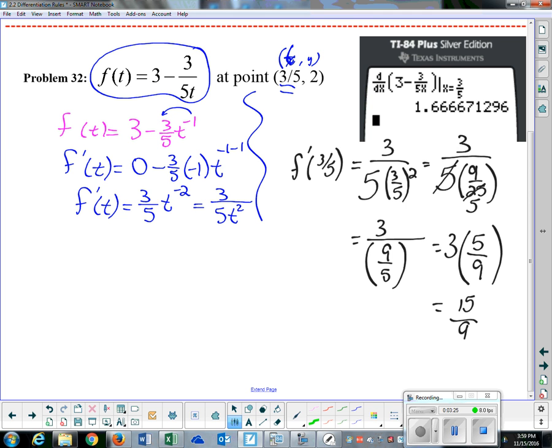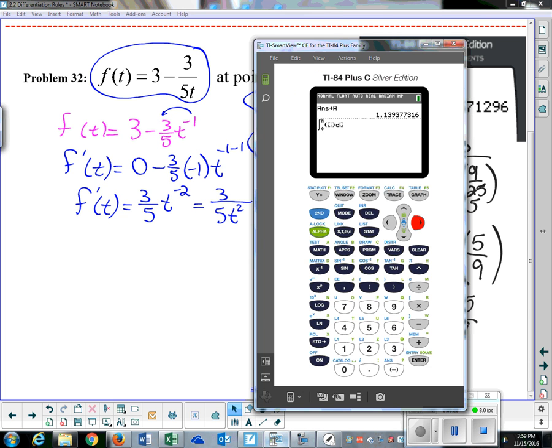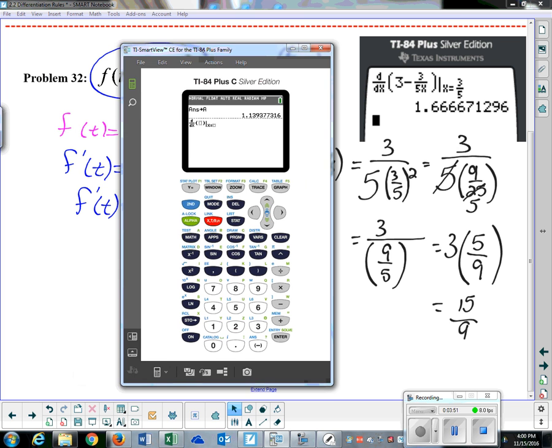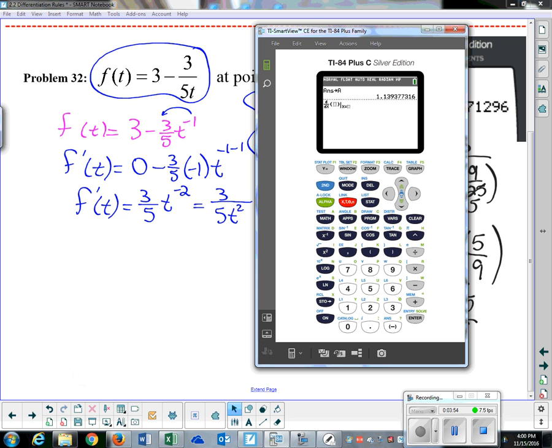15/9. Now, can the calculator do this? Well, yes, it can. So to use your calculator to do this, like I said before, you can hit the alpha, the window button. That gets me a quick short menu. Some of the things are contained in the math menu as well. I'm going to go to option 3 where I do the derivative function. I want x variable, and then I need to key my function, and the function was 3 minus, I'm going to build a fraction, so I'm going to go alpha y equals enter and get a fraction built,